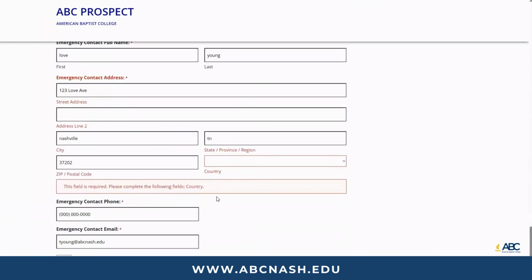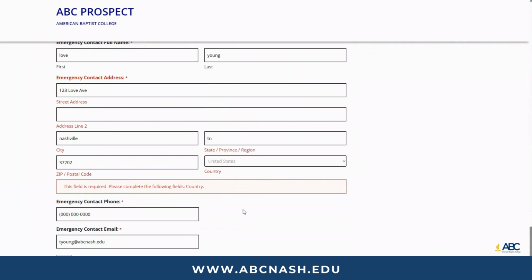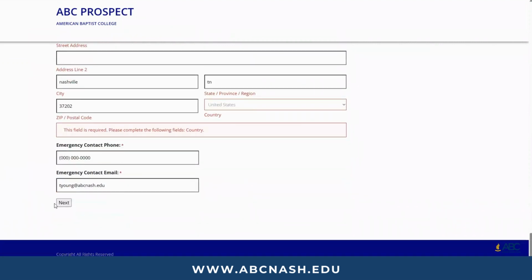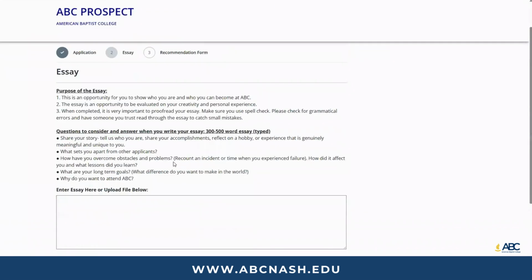And as you see, I forgot to put in the country, so it did kick it back because the country was not there. Okay, so I'm selecting the country. I'll hit next.